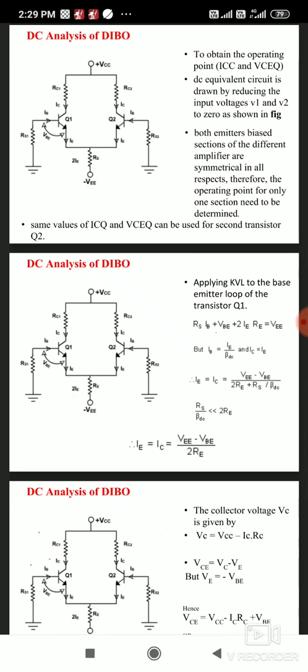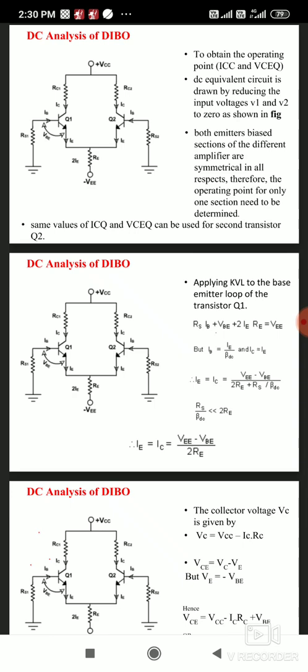ओके, मग ऑपरेटिंग पॉइंट हे कशावरनं डिसाइड होतं? ऑपरेटिंग पॉइंट यू कॅन डिसाइड बाय knowing the expression, by knowing the formulas of IC and VCE. IC हे कशावरती अवलंबून आहे आणि VCE हे कशावरती अवलंबून आहे, ह्याचा जर तुम्हाला फॉर्म्युला मिळाले तरच तुम्ही ऑपरेटिंग पॉइंट डिसाइड करू शकता, बरोबर आहे की नाही?